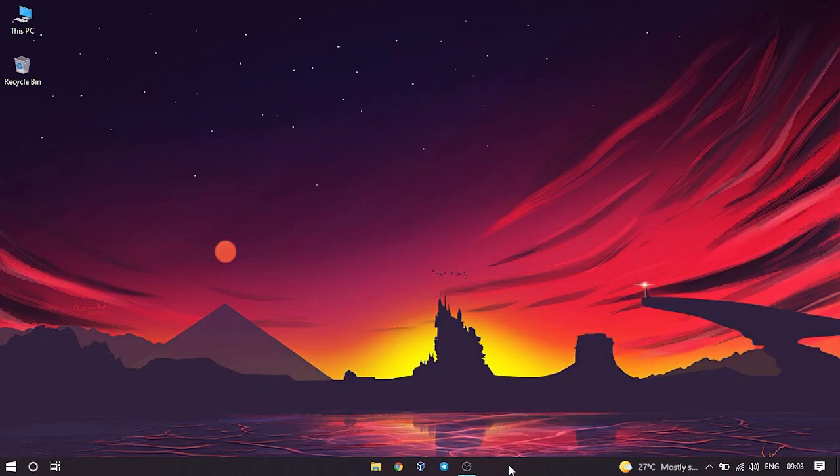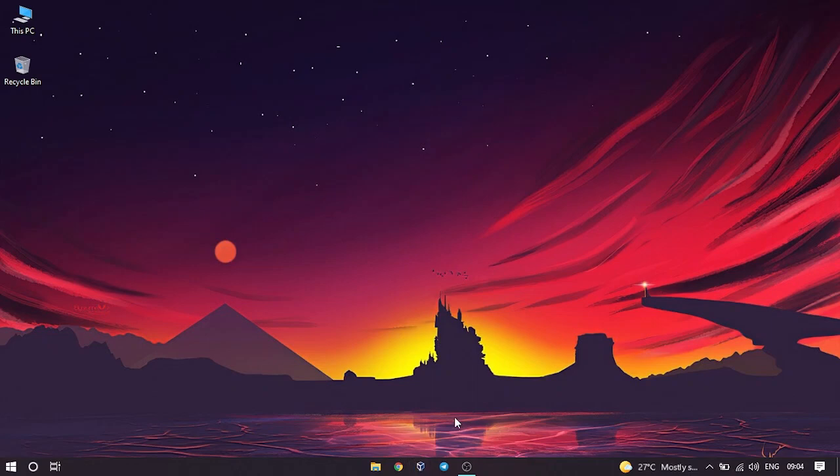First, I'm going to do this attack using my VirtualBox, so that it won't affect my host environment. I'm going to do this completely in my virtual environment. For this we need a Windows 10 virtual machine, and we are going to attack this Windows 10 virtual machine using Ubuntu.